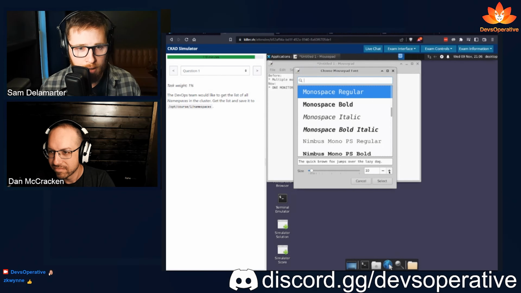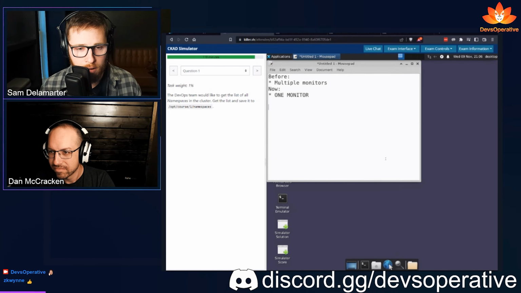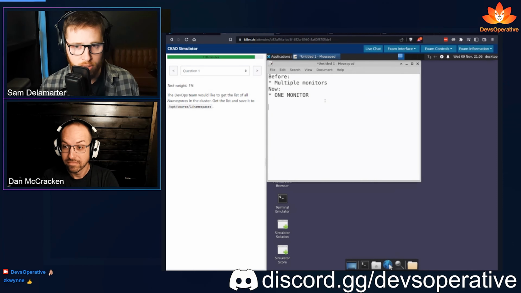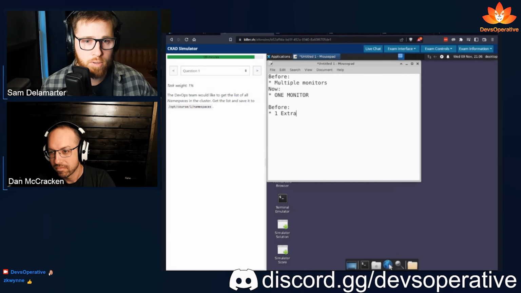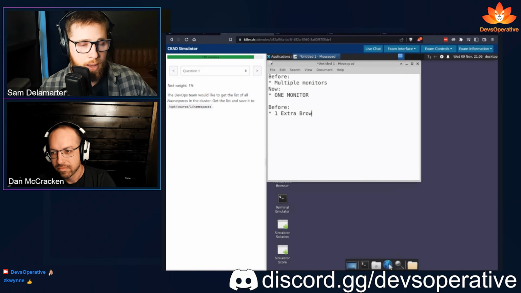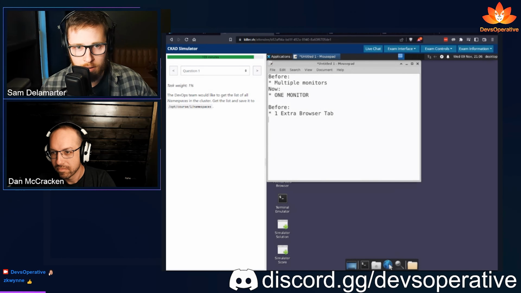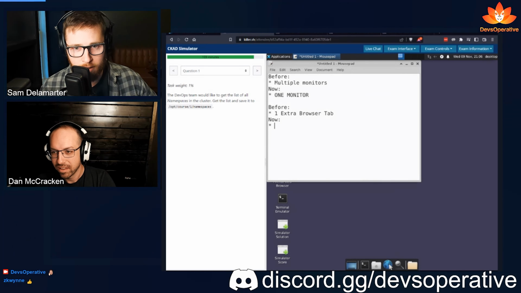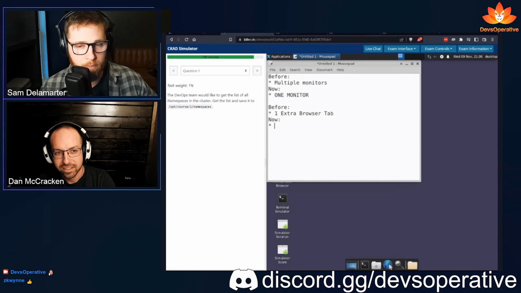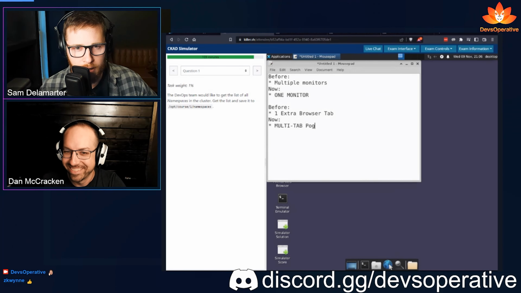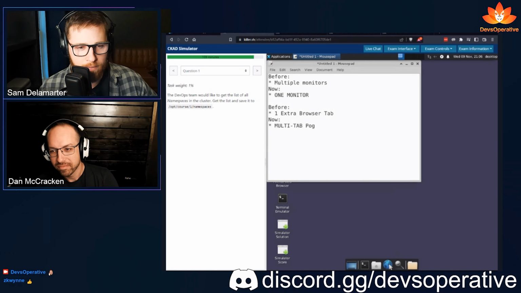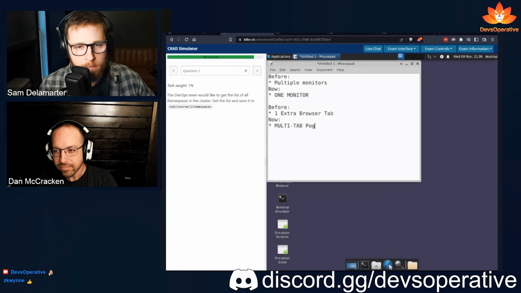Before, you had to only have one extra tab. So, right, you'd have your exam tab, and then you could have one other tab for documentation. Now, and I didn't do this, this is after the fact I learned this, you're allowed to have multiple browser tabs and multiple terminal tabs, which I guess I don't remember, but maybe that wasn't a thing. So it's kind of nice.